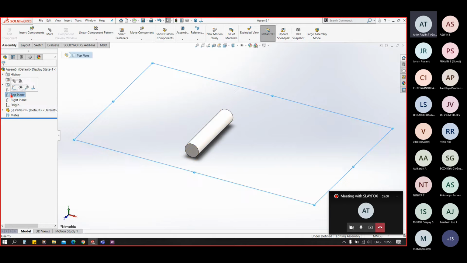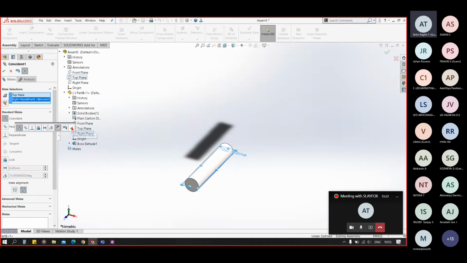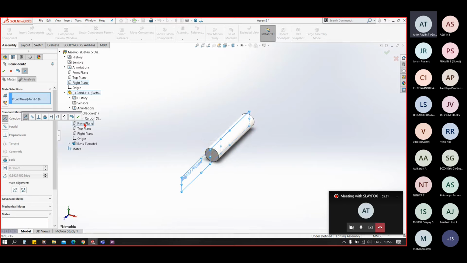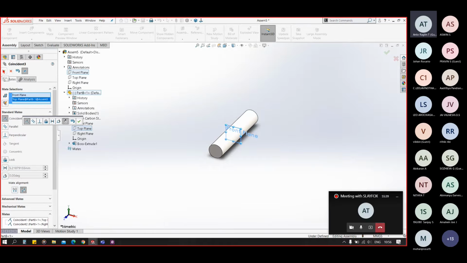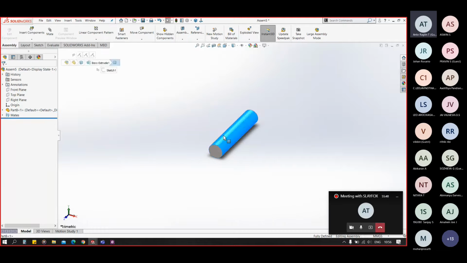So in that case, I'll select the top plane, go to mate, drop down the tree, and I'll make the top plane coincident with the top plane and right plane of the part, so it will be horizontal. Now again with the right plane and front plane. Okay, now again with the front plane of this and top plane of this, I have fixed it in the horizontal manner. Now you can see the shaft cannot move.